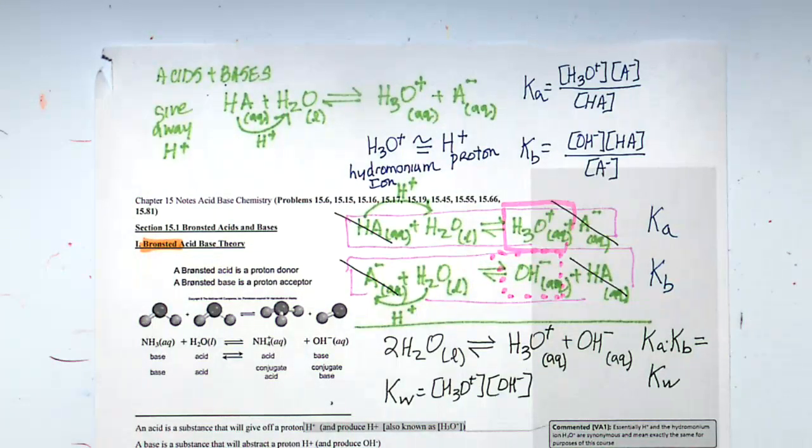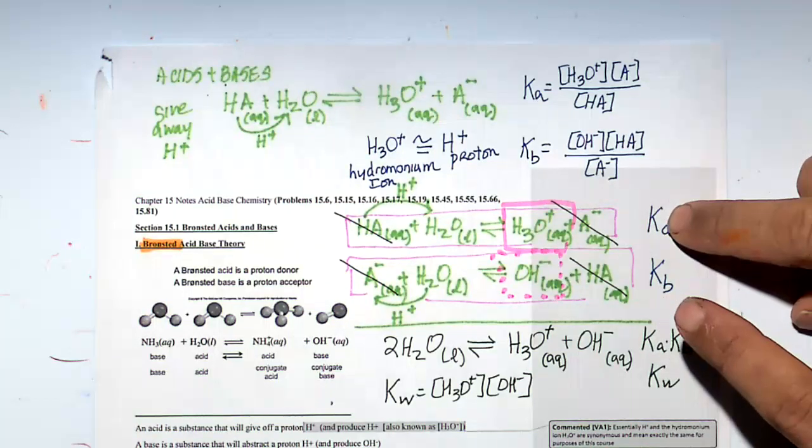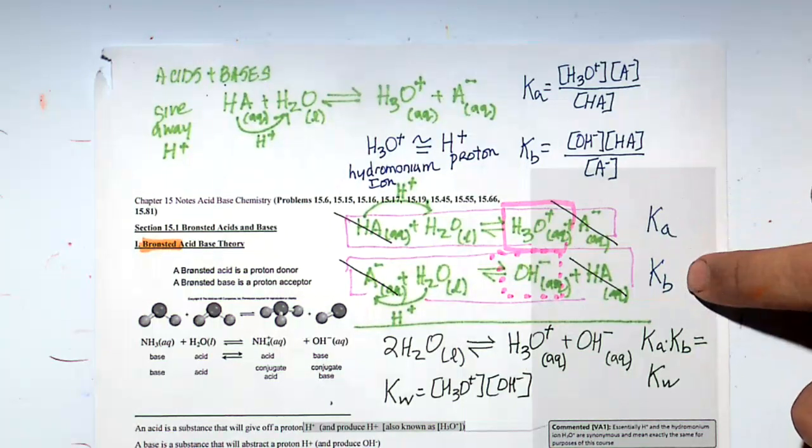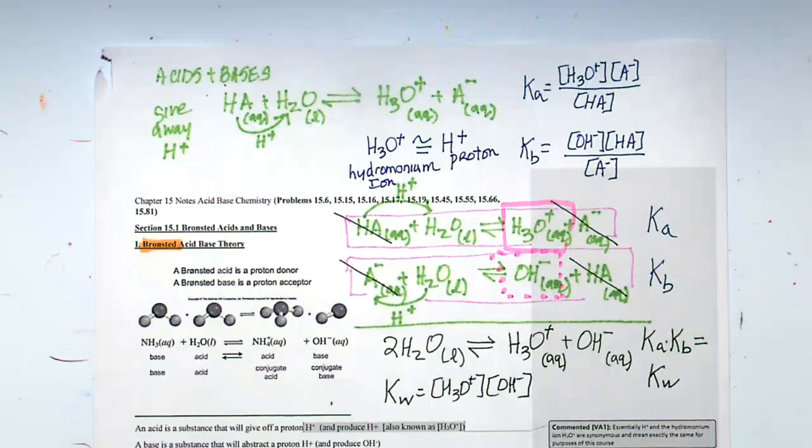All right. There's many more things to say about this. From here, I can derive for you guys pH. How many of you know what pH is or have heard of it? pOH and all sorts of things. But we will wait till next week to do that. All right. So make sure you remember this. This is an acid. This is a base. Also, there are going to be acids that are strong and acids that are weak. There are going to be bases that are strong, bases that are weak.